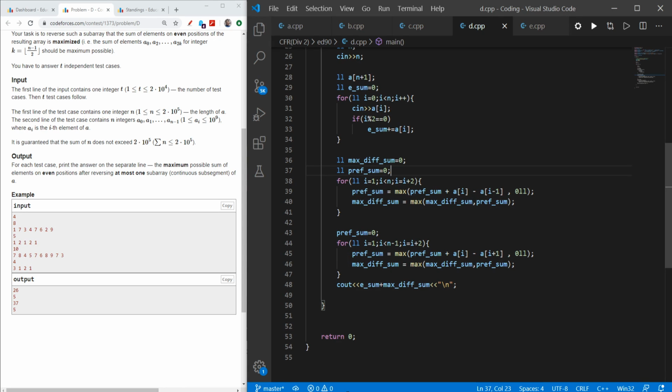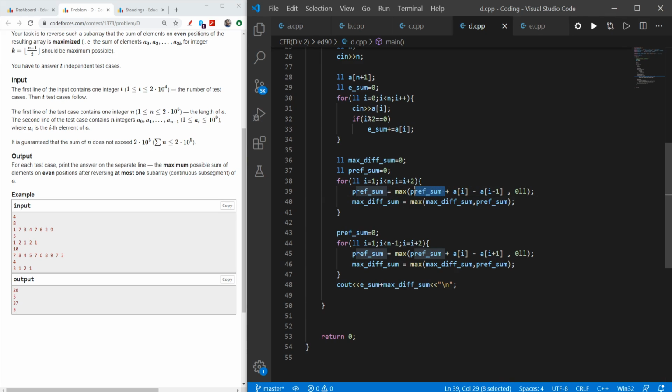So let me show you back. It is the standard algorithm which we do in Kadane's algorithm, but to trace it for you, what I did is first I go to the odd index, and then I do a[i] minus a[i-1], which means odd index minus the previous even index.